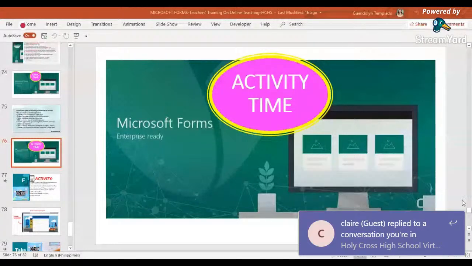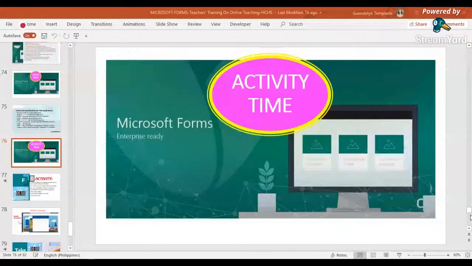I can see now. Okay, don't worry, you can send it until tomorrow. You can send it through my email. It's gwendolyn.templado001 at deped.gov.ph.